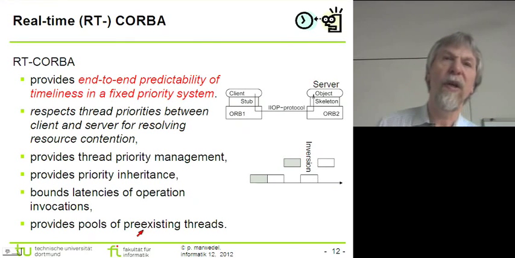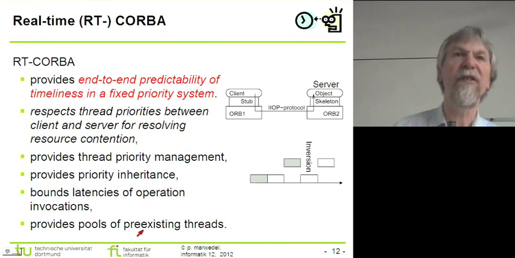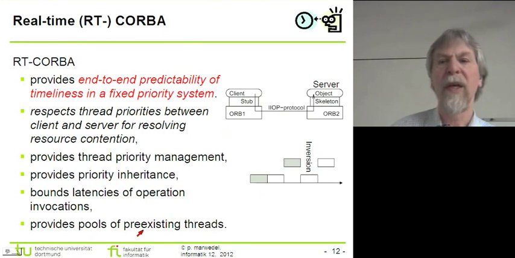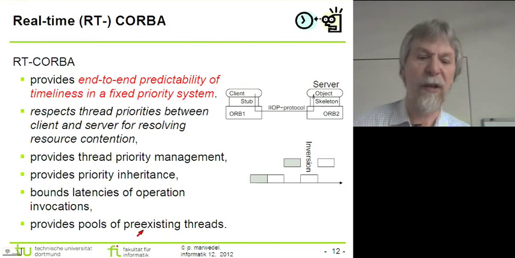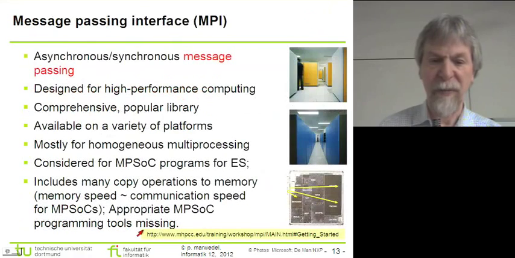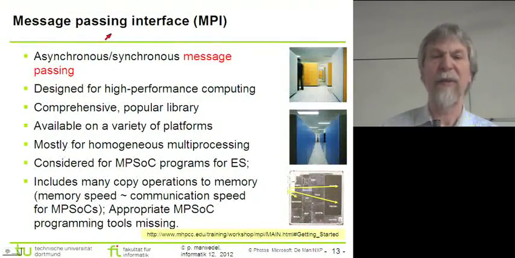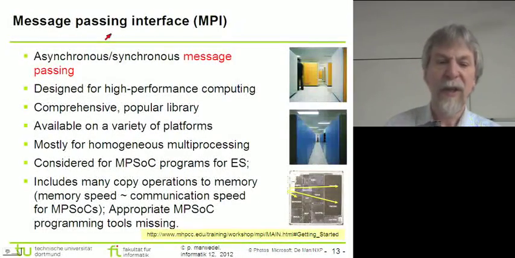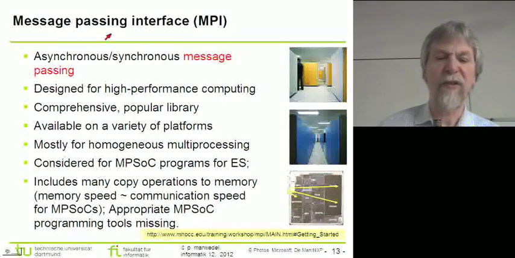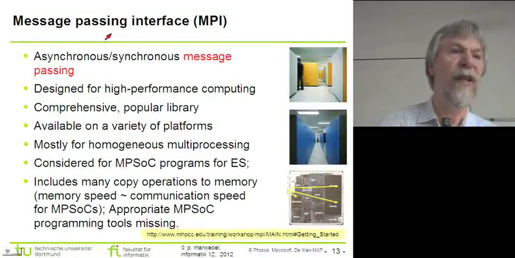Also, in order to improve the real-time behavior, in order to reduce any delays, there is a pre-existing pool of threads, and whenever we would like to create a new thread, we don't actually have to do this from scratch, but we can refer to threads that are existing in the pool of pre-existing threads. So that was another method that we can use in the case where we would like to use message passing. A third case that is using message passing is a method that is many times mentioned if you